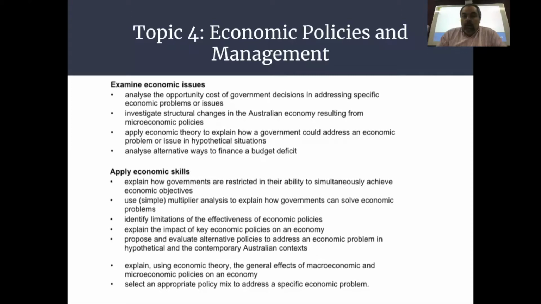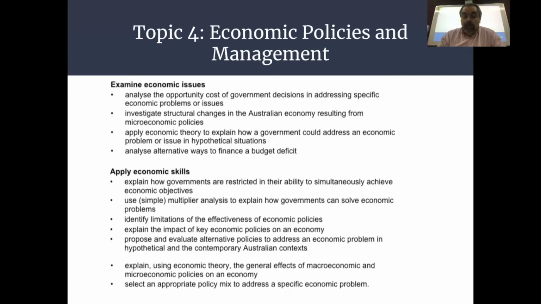So again, we're looking at the Learn 2 part of the syllabus here for topic 4, being able to analyse the opportunity costs of economic decisions by government and particular problems and issues, and very topical at the moment with the COVID-19 virus and the impacts on unemployment and government spending, structural changes, so the microeconomic side, the supply side, economics, and looking at how the Australian economy is adjusting to those policies and the effect of those policies, applying economic theory and how government addresses the economic problem, and looking at specifically analysing the alternative ways to finance a